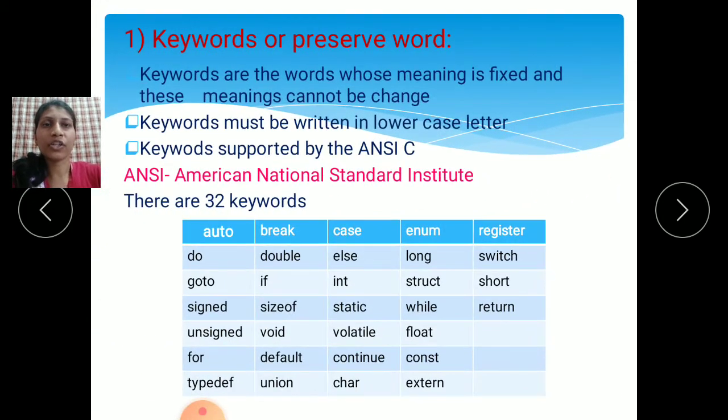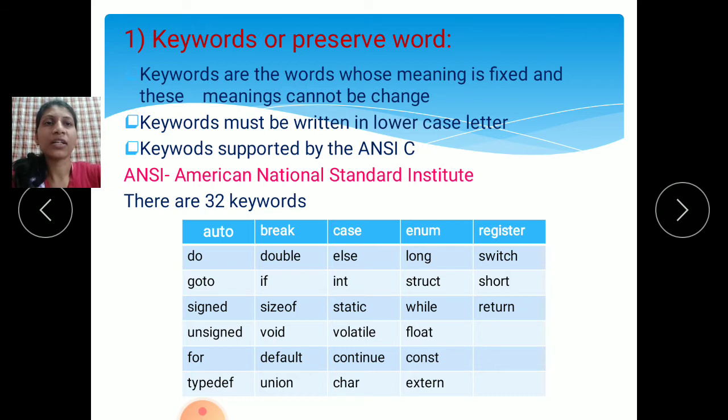See, the first one is keywords, or reserved words. Keywords are the words whose meaning is fixed, and these meanings cannot be changed during program execution. Means whatever code you have written, when you run that code, the meaning of the keyword will not change.